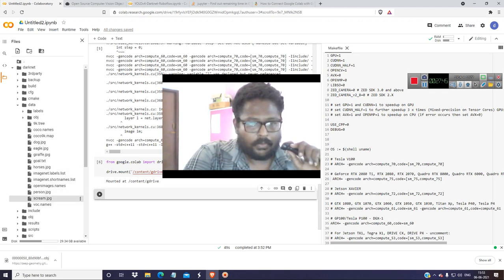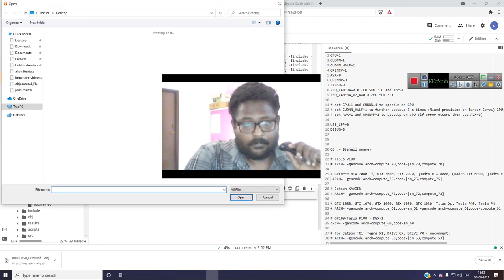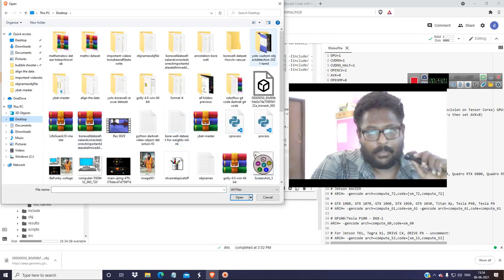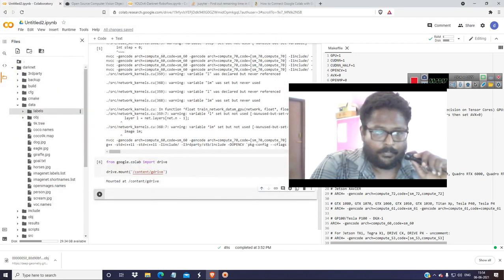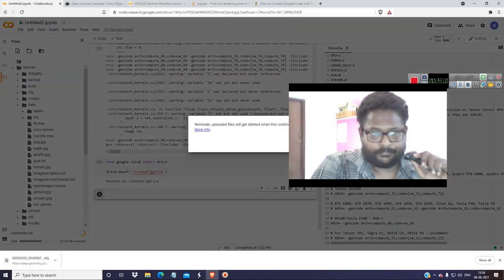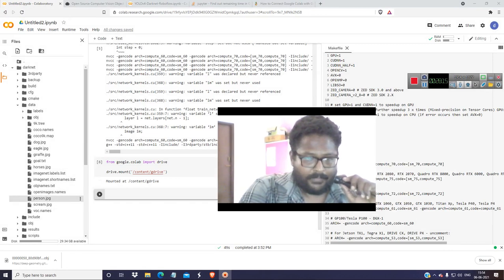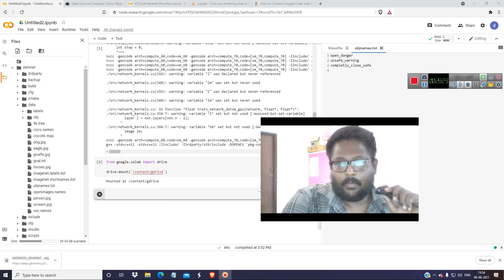Now you have to go to the obj.names and upload it. Go to the desktop and find the obj.names. It's over here. Okay, it will get uploaded. It is just telling you it will recycle it after the use, no problem with that. So in obj.names, first is open endangered, unsafe, warning, and completely closed. We have no problem with that, or the makefile.